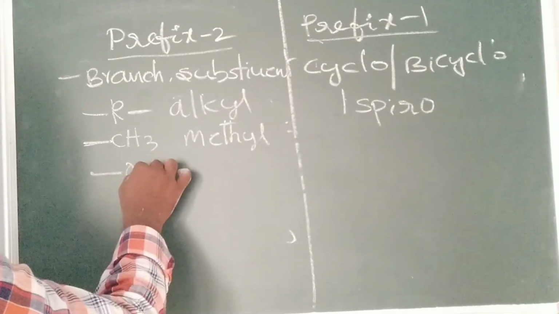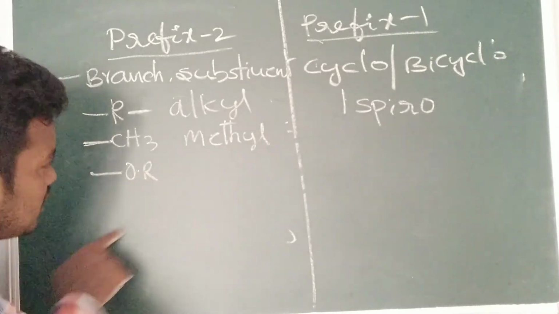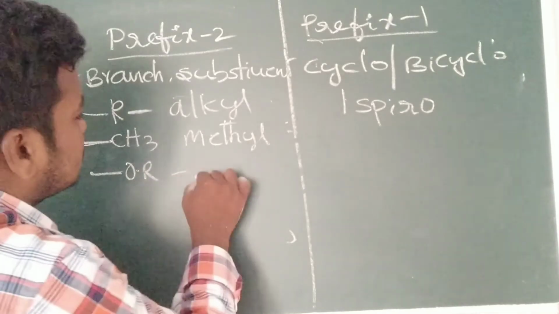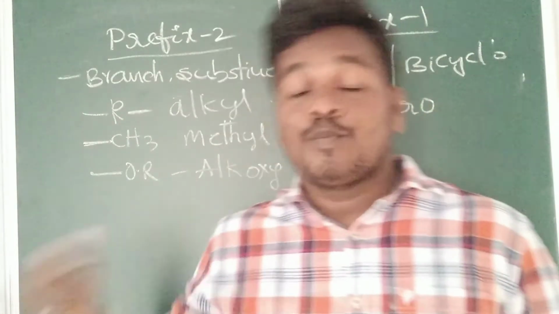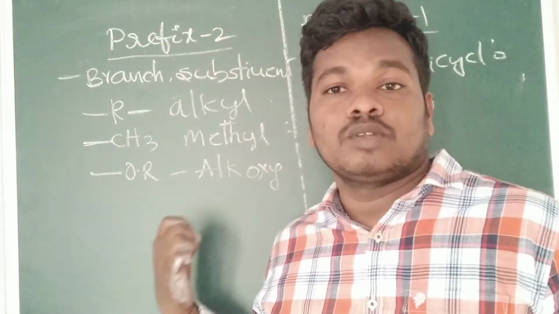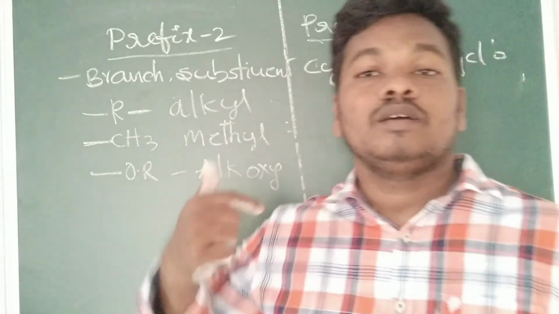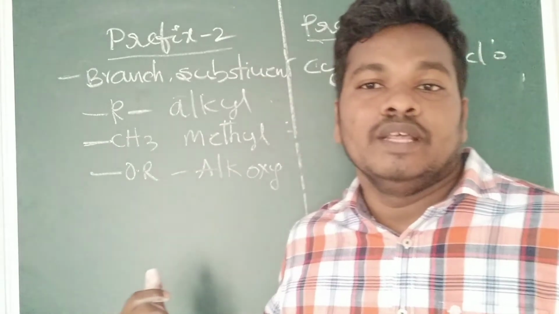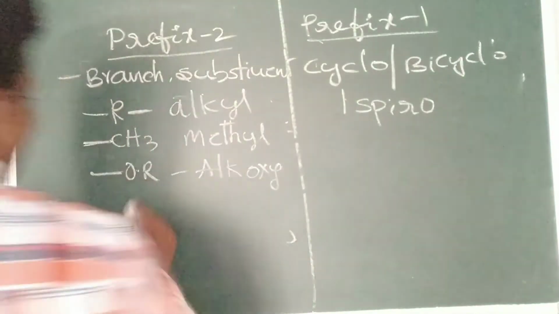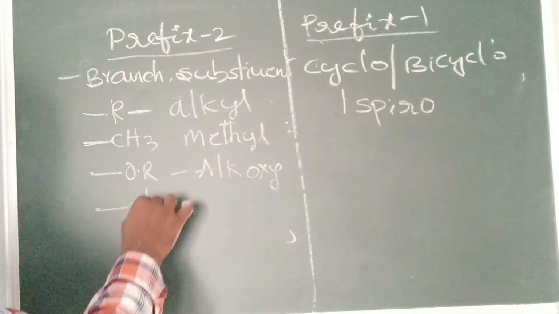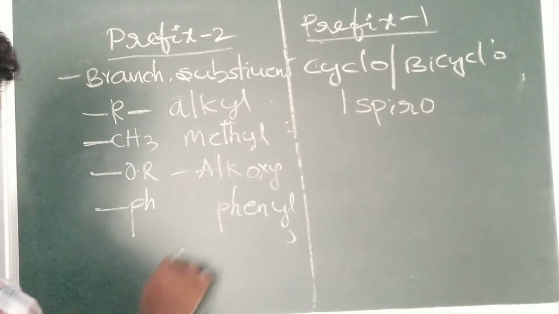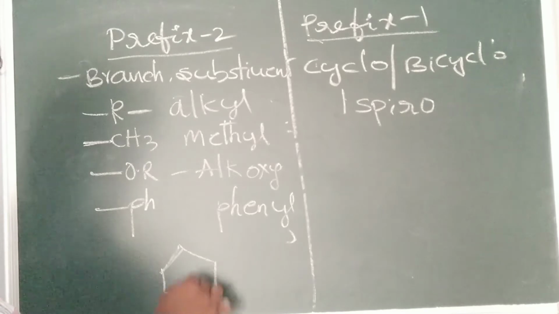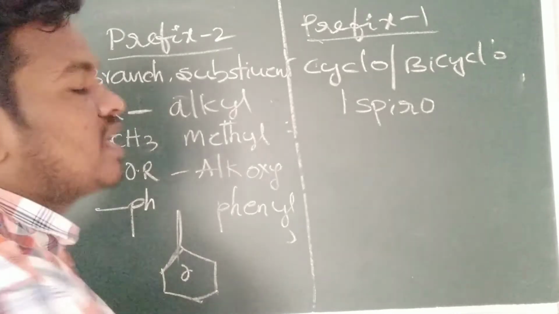Next one, for example, to the principal chain R is presented. So this is called alkoxy. Maybe R will be methyl, ethyl, propyl, butyl. Coming to the root word, what is meant by it, we will learn easily. For example, in the given, Ph is presented. That is called phenyl. That means benzene is attached to the main ring. It is phenyl.